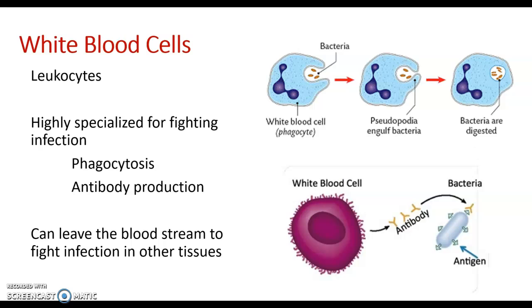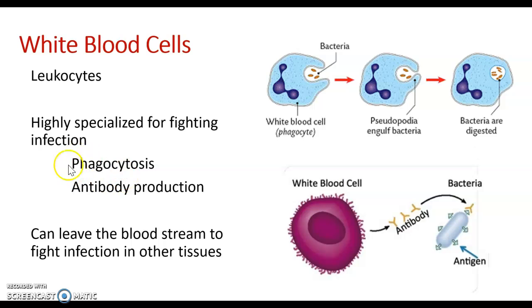White blood cells are our leukocytes. The scientific name for white blood cells is leukocytes. These are much larger than our red blood cells, and they're highly specialized for fighting infection. So we'll see these again when we talk about the immune system, because they play a big role in our body's immune response. They do that by having the ability to undergo